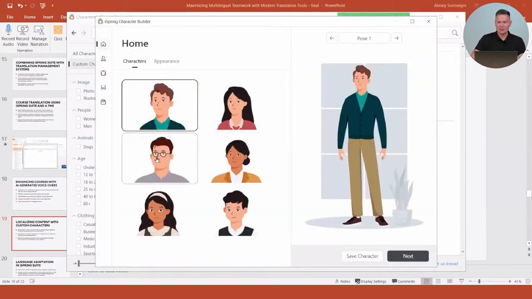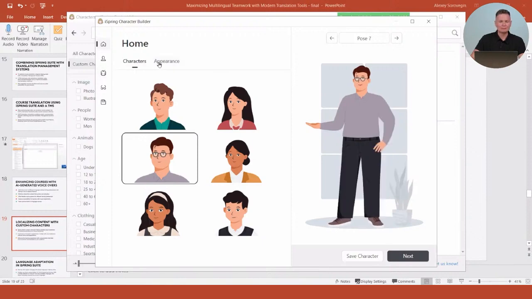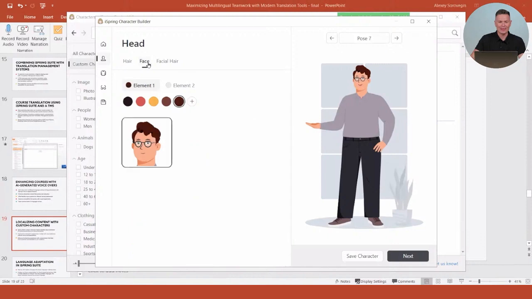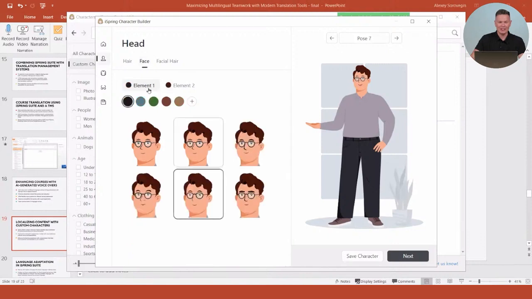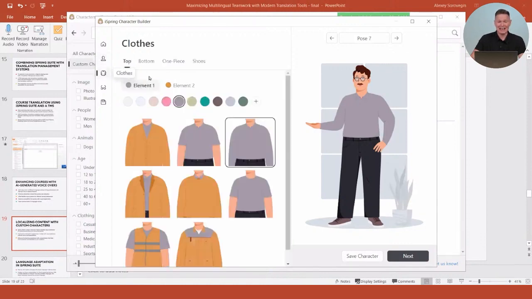Let's, for instance, choose this guy right there. I can actually preview his poses, just to see what I can do with that later. And then I can start modifying. So let's start with the hair. How about this one, for instance? Additionally, I can choose the glasses or maybe facial hair. Why not? How about a mustache? Boom, it's right there. I can choose clothes,